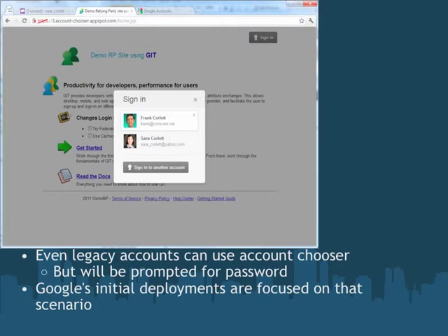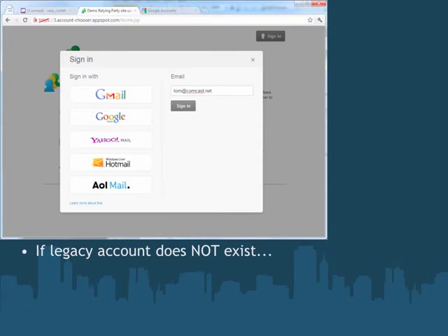But in this case, if Frank wants to re-authenticate to the site, he just clicks his button, and because he doesn't have an identifier, he would be asked for his password. There's another scenario though. What if the email address that the user types doesn't match any existing account at the website, and there's no identifier known for that email address?